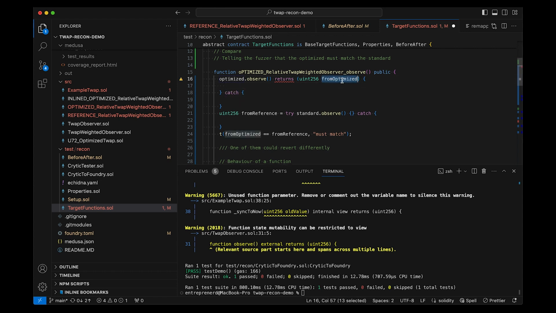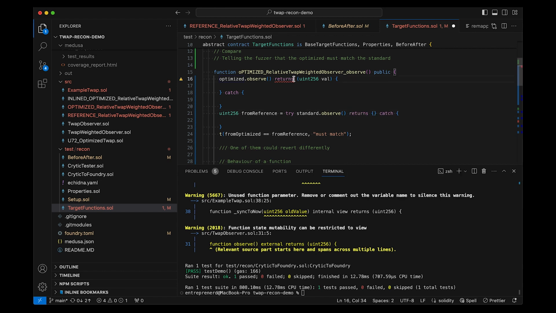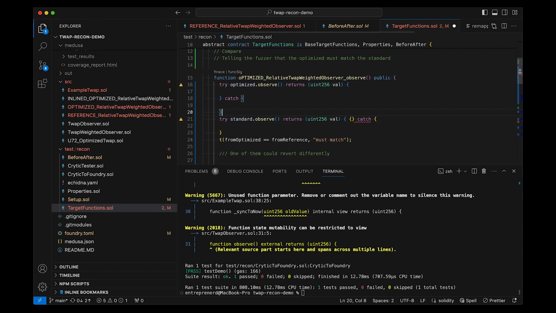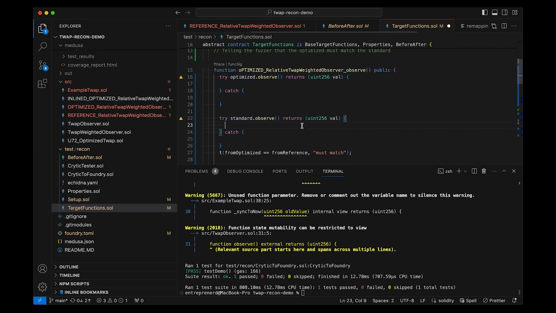I guess we will do just val returns. I know I'm missing the try. Returns, we will just get the same returns here, and then from this we can effectively assign